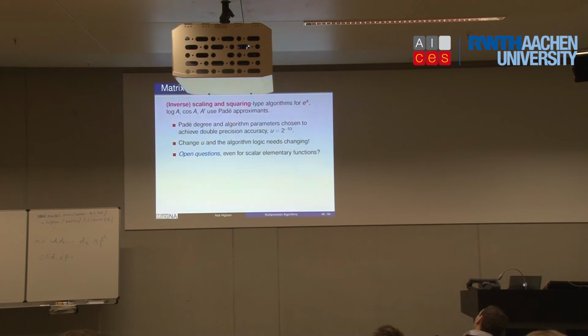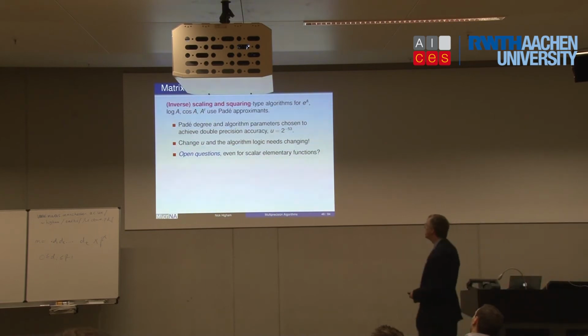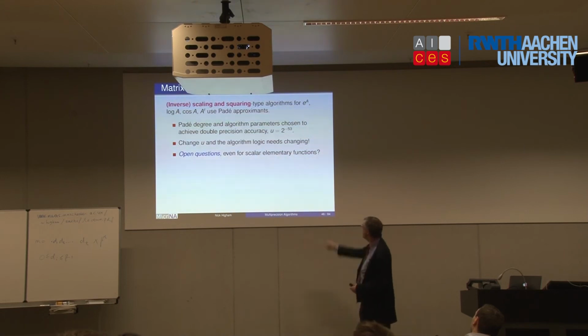And so a number of papers I've worked on have used Padé approximations. But to determine which approximation you use, you need to know the precision that you're aiming for, because you've got the degrees of the numerator and denominator to choose. And so the algorithms that we've developed in the past have been devised for double precision. So they're aiming to get about 16 decimal digits equivalent of accuracy. So if we now change to quad precision, we need to rederive the algorithms because we're now going for a much higher accuracy. And in fact, we need to change the logic as well. So actually, quite a lot will change in this class of algorithms.